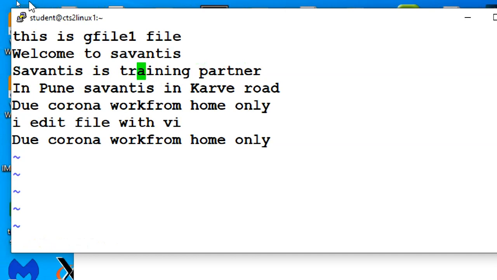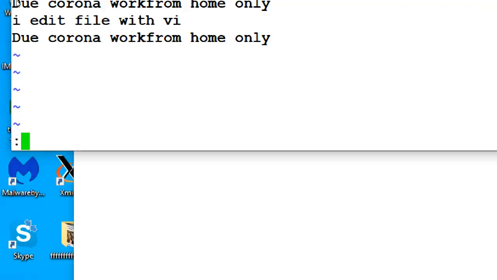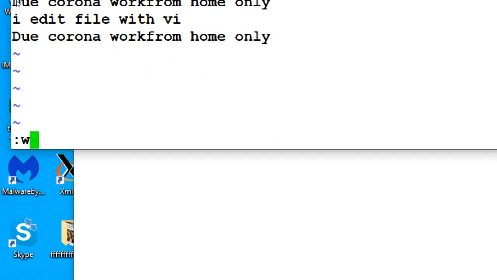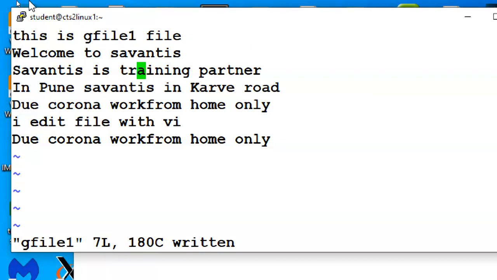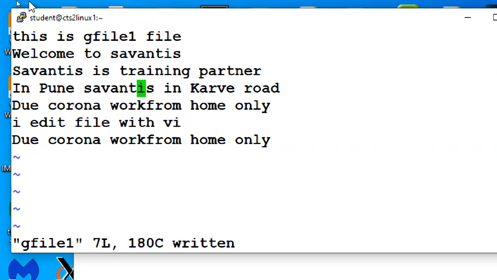Okay, so escape. I changed something and I want to save it. How to save? Colon w for saving purposes only. Okay, I just saved whatever data is here. No problem.